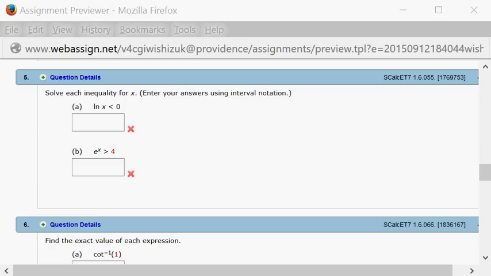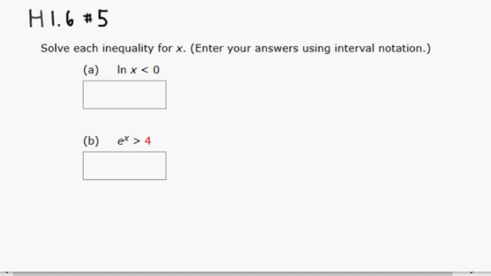All right, let's look at homework 1.6, problem number 5. Let's solve these inequalities. All right, so part A. Right, first, before we get started, since you have a natural log there, x cannot be negative or 0, so